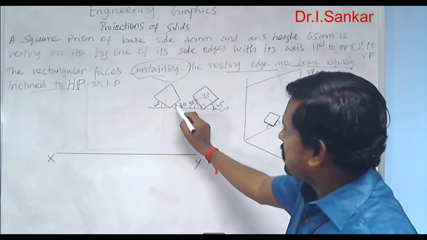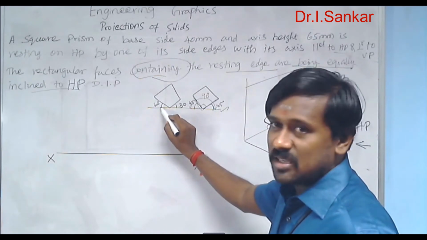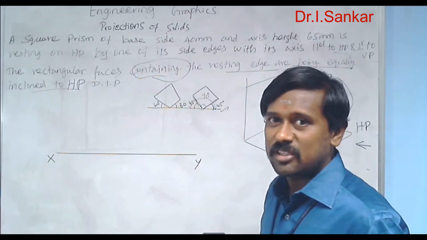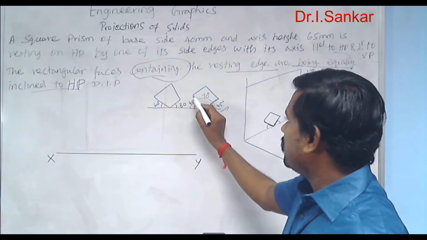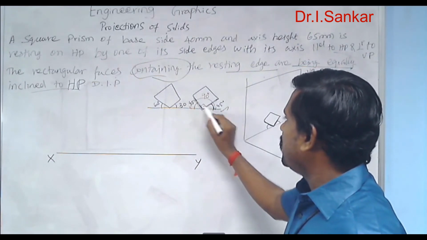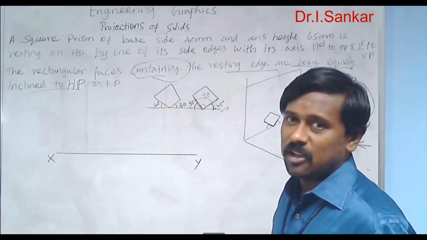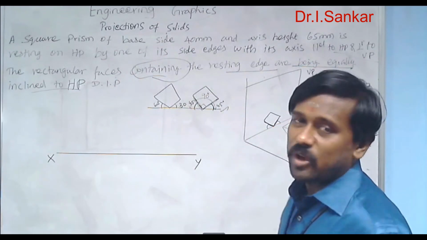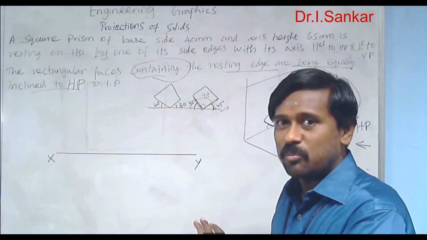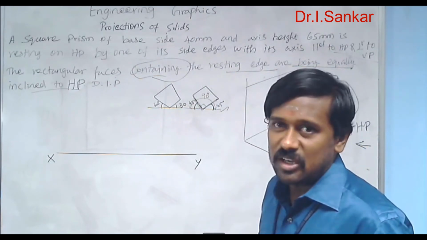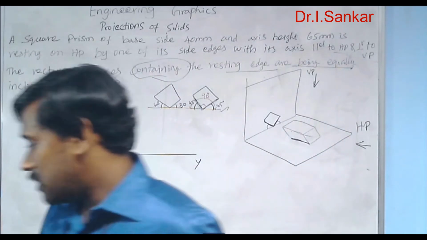If you draw like that, 30 and that side as 60, it doesn't mean that you are accepting the condition. You need to draw these two sides 45 degree inclined to the horizontal plane, then you need to complete the square. In this way, if you draw the base view, then it's under the condition given in the question. Okay, let me rub it off.